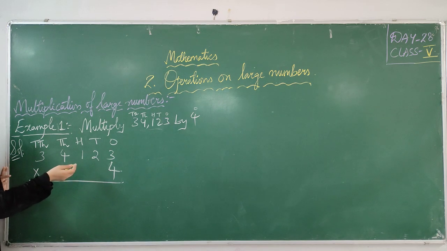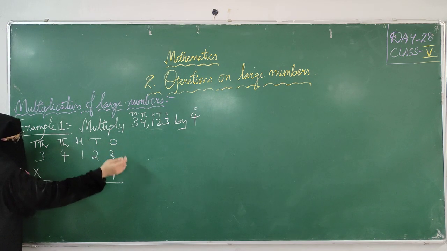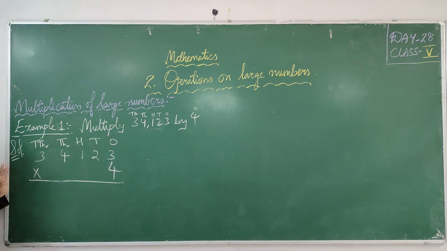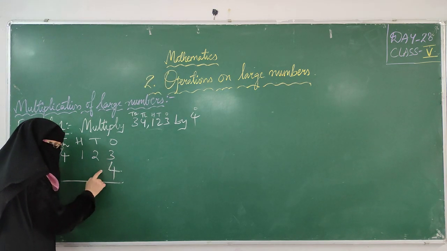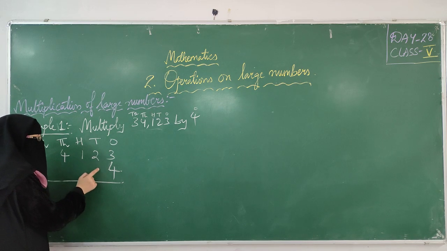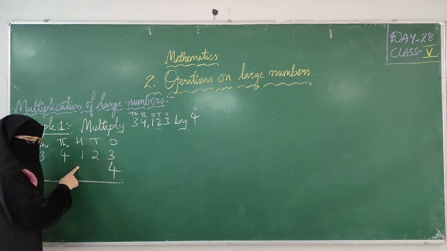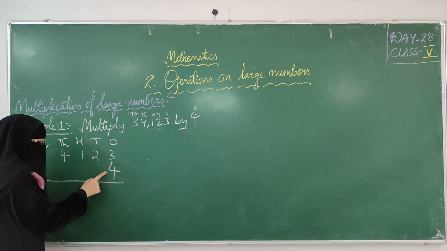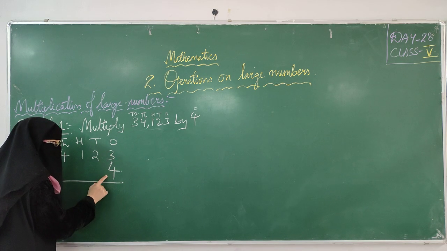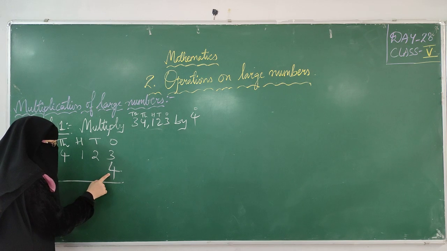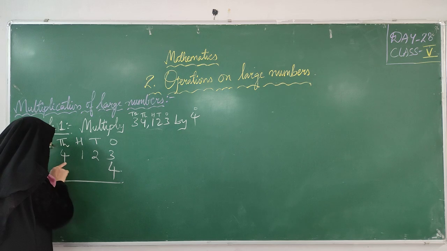You have to start your multiplication from the ones position only, the same way you do addition and subtraction. See, here we have only 1 digit. In your 5th class, you will have 2 digit and 3 digit as well. So whenever you are doing a multiplication problem, you have to start from the ones position and from the first digit. Here, what is our ones position? What is our first digit? 4. So I am going to start multiplying with each and every digit.